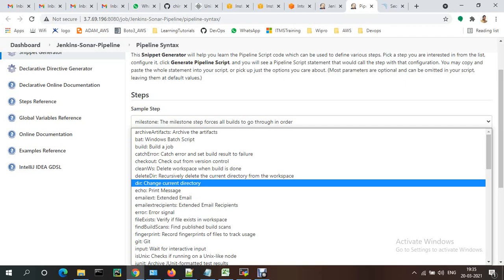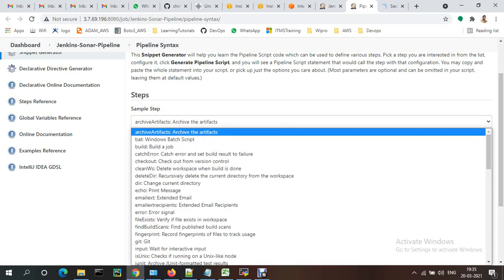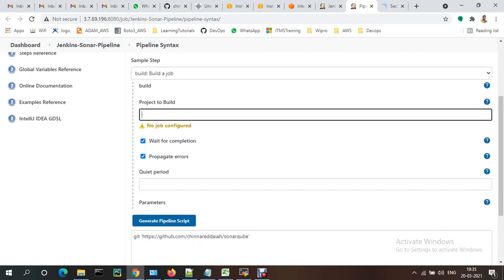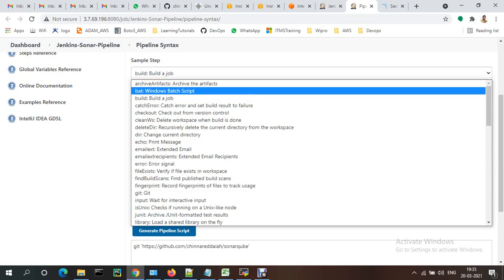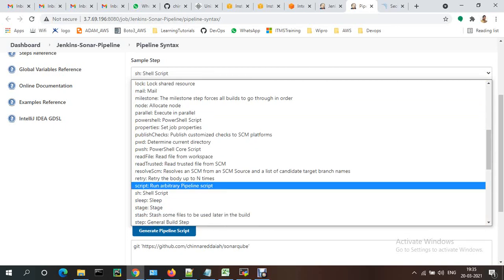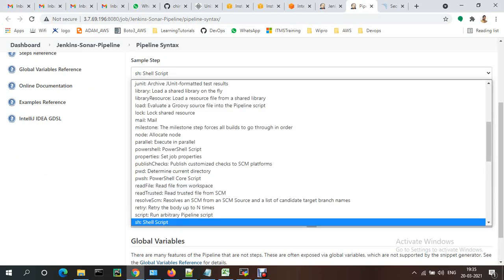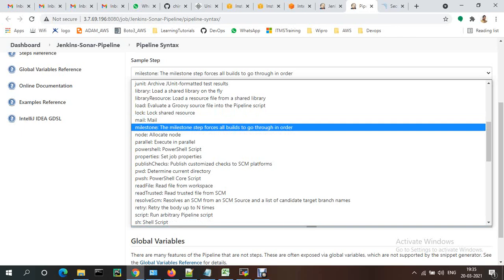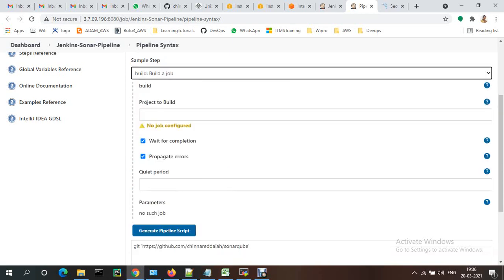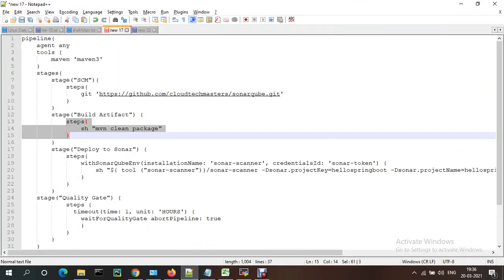Otherwise let me just build the job. Just provide the build and it will display that. So instead, we are giving maven clean package under the steps.